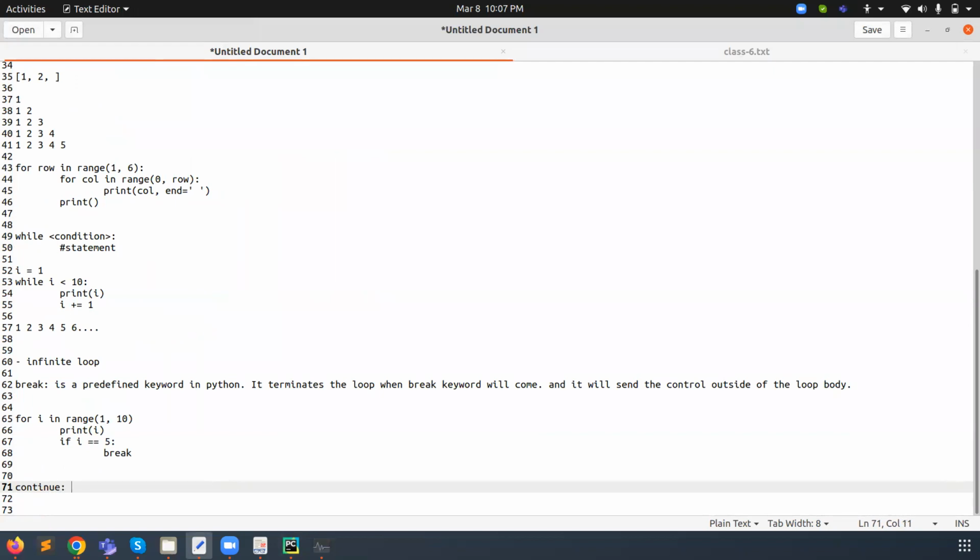Basically, it returns the control to the beginning of the loop. So when continue comes up for execution by the Python compiler, then it sends the control to the beginning of the loop.